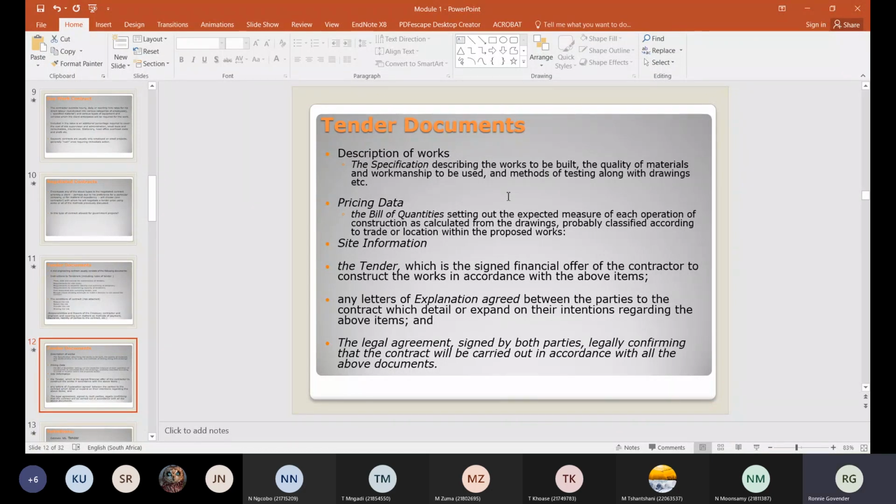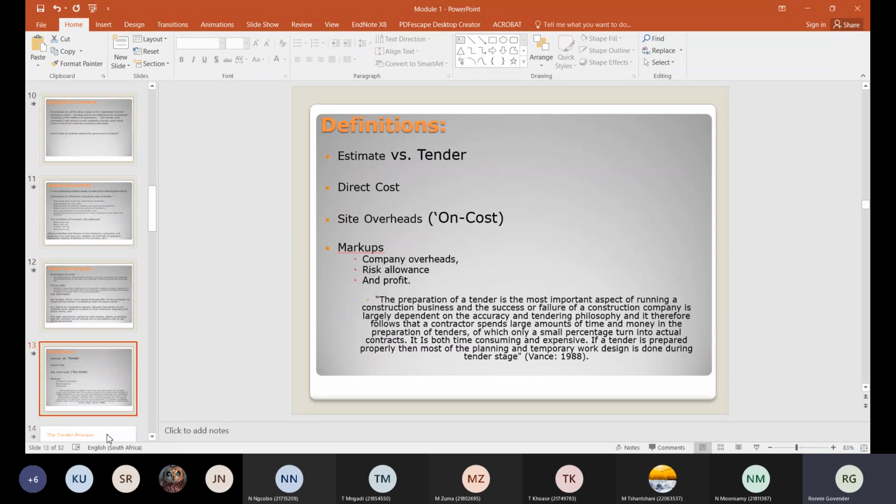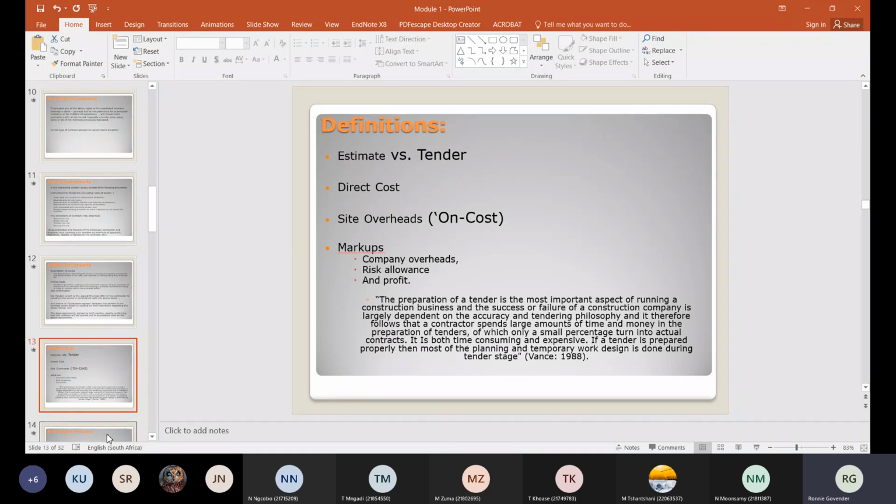Then you get an estimate versus tender. Now, what an estimate is: the client, when he draws up the document, would normally do an estimate of what the cost is going to be for the project. And then when the tenders come in, in other words the contractors' prices, straight away he can immediately set aside those that are out of range. Let's say the client estimated a job to be 1 million, and now you get a guy that comes in at 50,000. You know there's something wrong. You agree? He either doesn't know what he's doing or he made a mathematical error. You'll put that aside immediately.